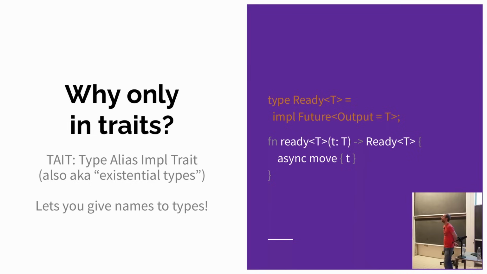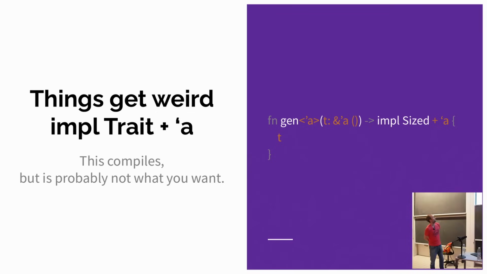Could you just repeat what that plus tick A actually means? Yes, absolutely. So the question is, what does the plus tick A actually mean if it doesn't mean what I expect it to mean? What this means is that the type that you return